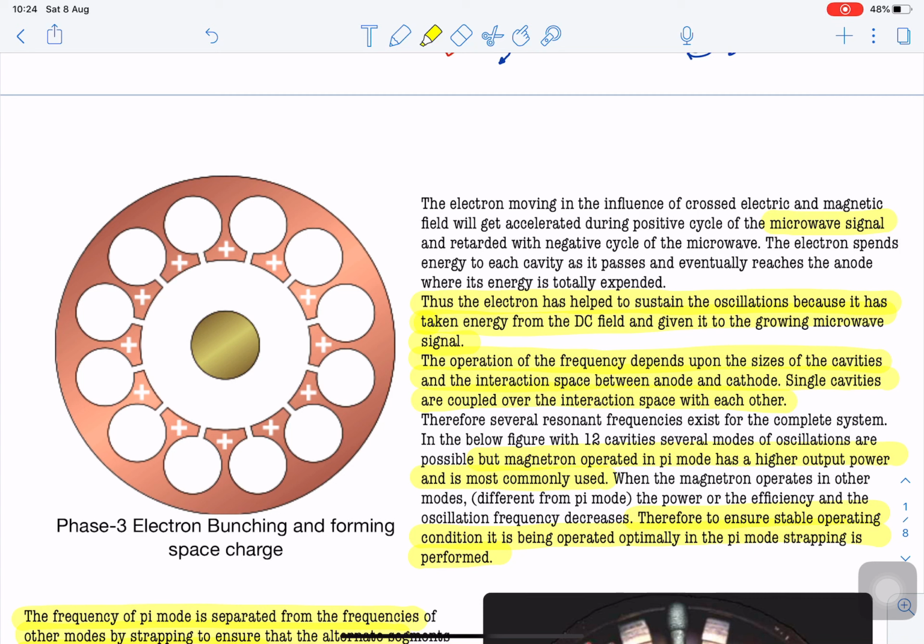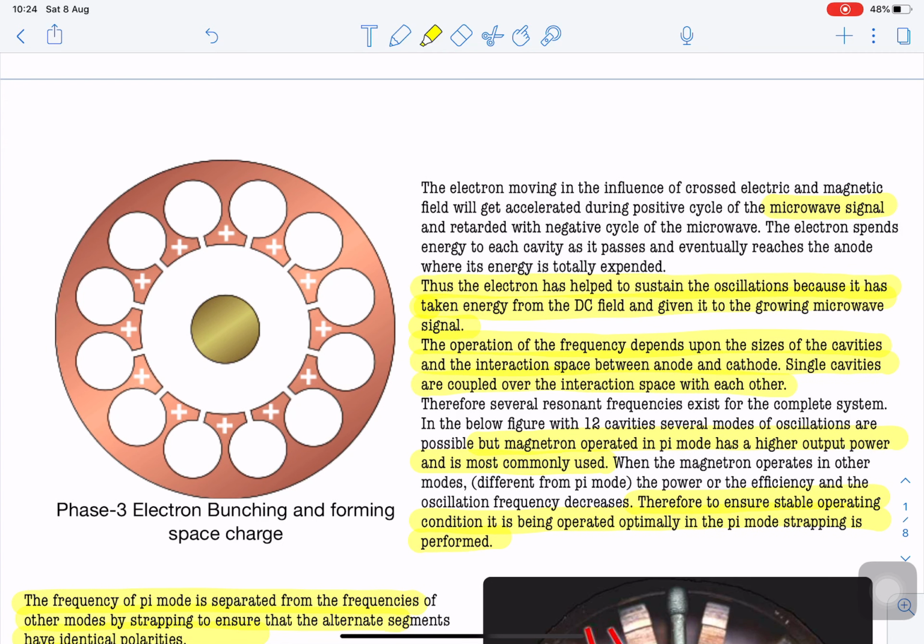Because of all this, the bunching of electrons released from the cathode will take place in the cavity, and these bunched electrons are going to give up their energy to this noise-like signal, and this signal will become amplified and become a sustained microwave oscillation in the circuit. When we take it out from the circuit, we will find that it is a continuous high frequency microwave signal at the output of the cavity.